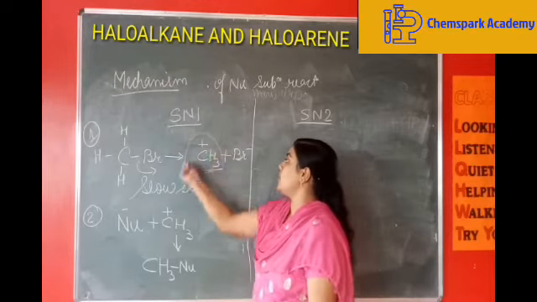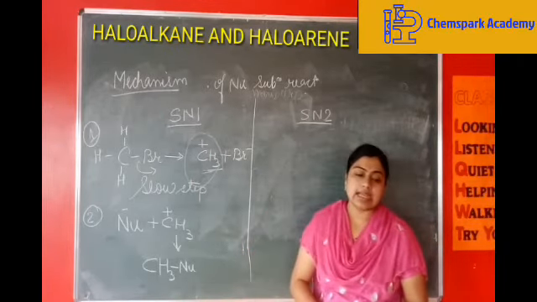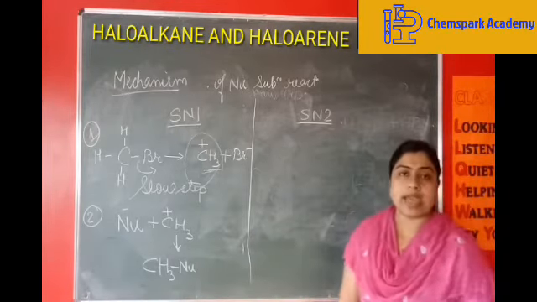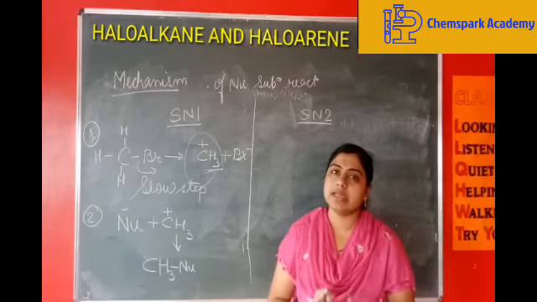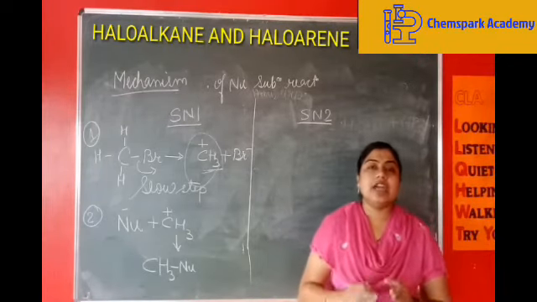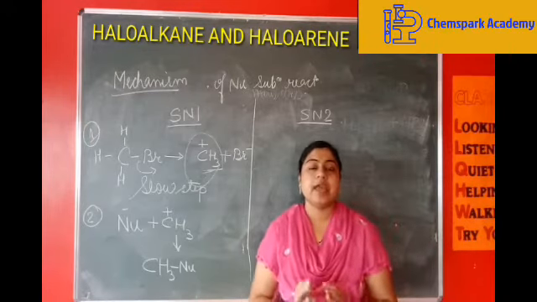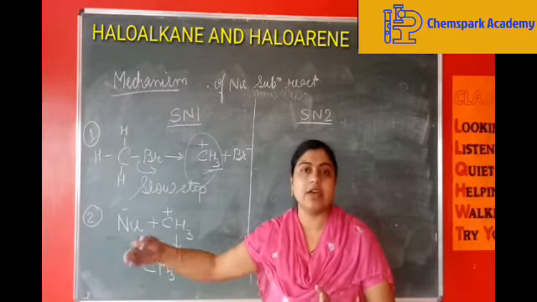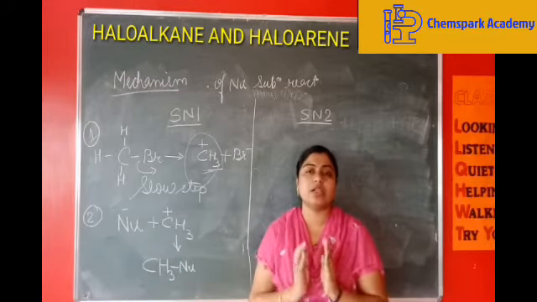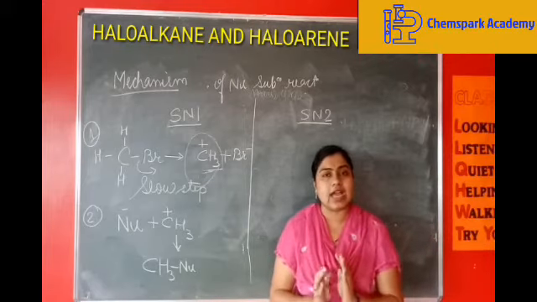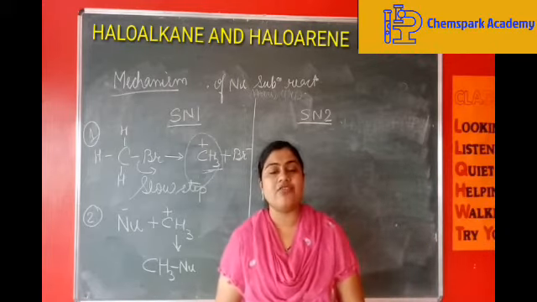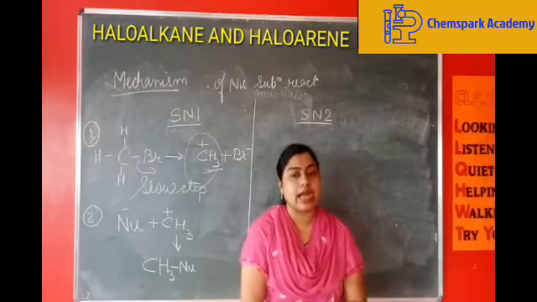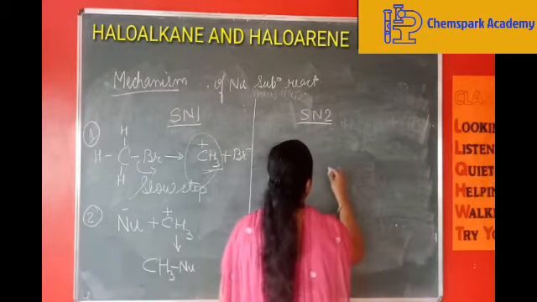It involves the formation of a reaction intermediate, that is the carbocation. But in the SN2 mechanism, there will not be any intermediate formed in the reaction, and it will happen in a single step. That is, in one step only, the leaving group will leave the reactant, and at that particular step, the nucleophile will get attached. So here we will have the formation of a transition state from reactant to product, and it will proceed as,